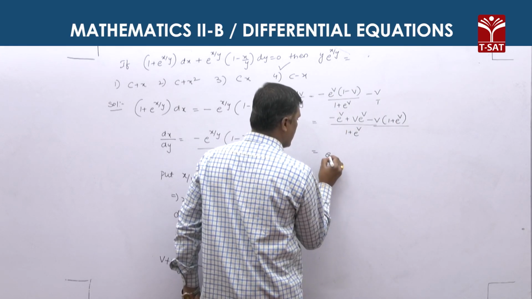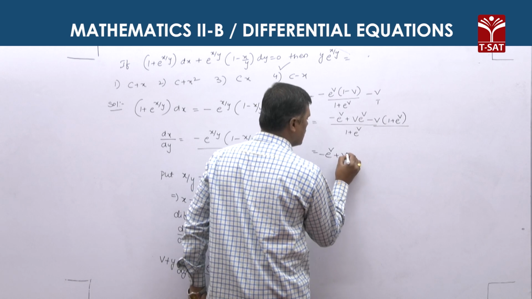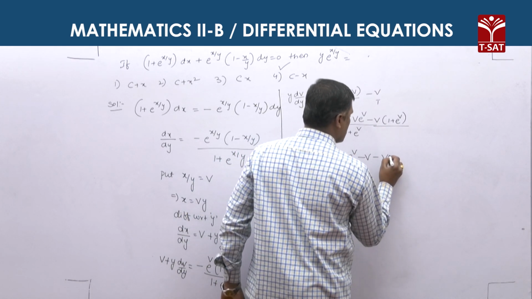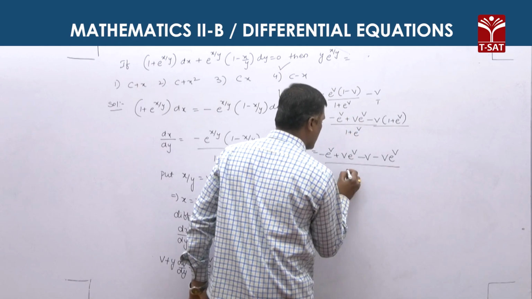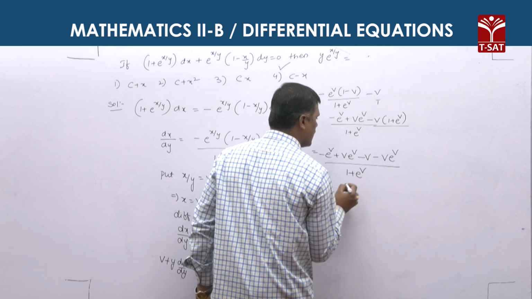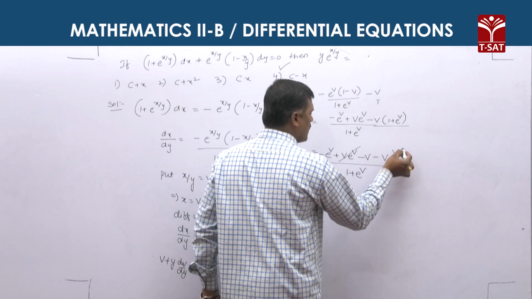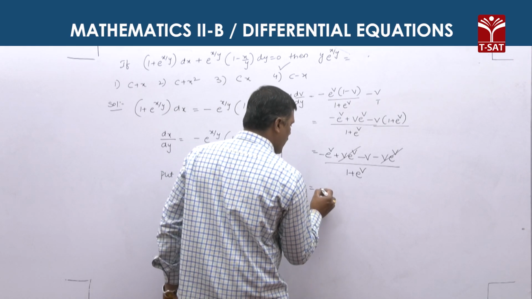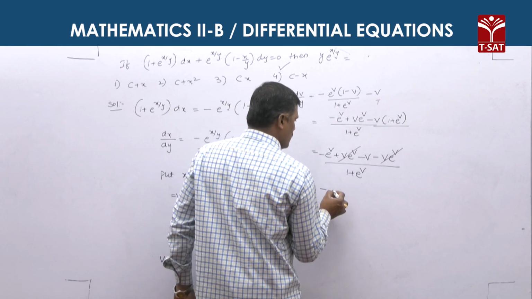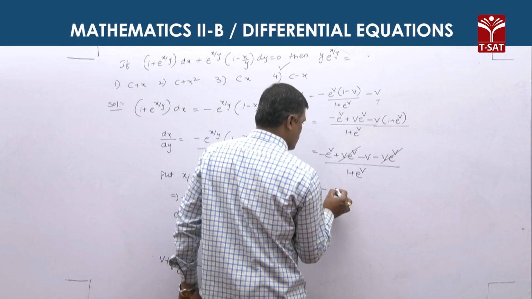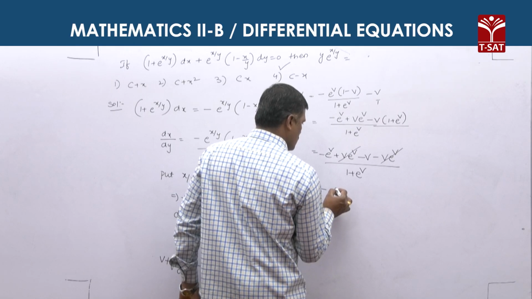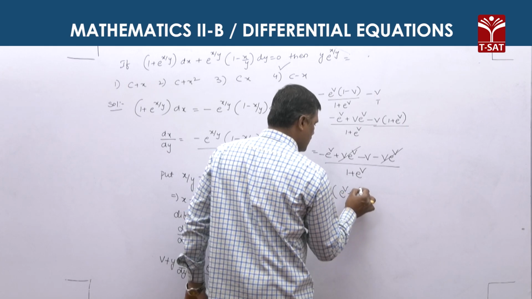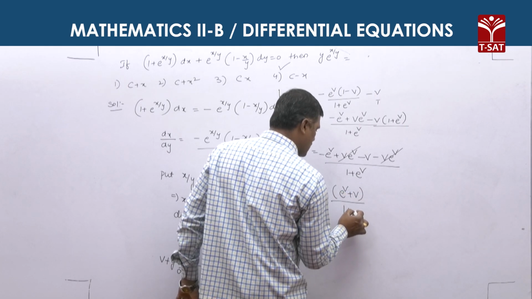That is equal to minus e power v plus v into e power v minus v into e power v, whole divided by 1 plus e power v. The v into e power v terms will cancel, that is equal to minus of e power v plus v by 1 plus e power v,